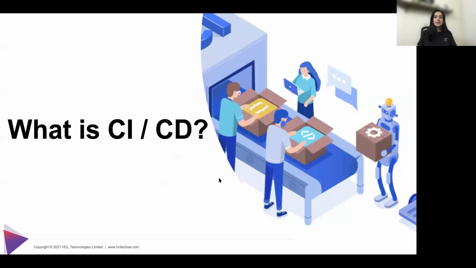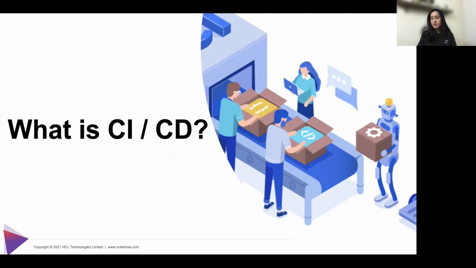I will start with a small introduction to what CI/CD is. Continuous integration and continuous delivery are terms we always hear. Continuous integration is basically a development methodology where developers are able to code, build, integrate and test their changes in parallel, faster and in a continuous fashion. That enables continuous validation throughout the development cycle, and this in turn enables continuous delivery, that is, releasing the software and features faster.